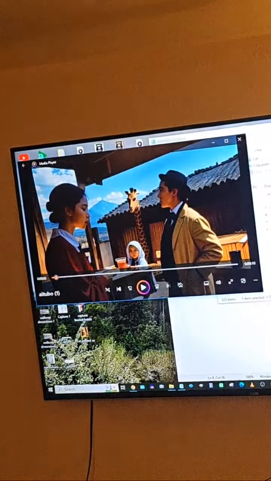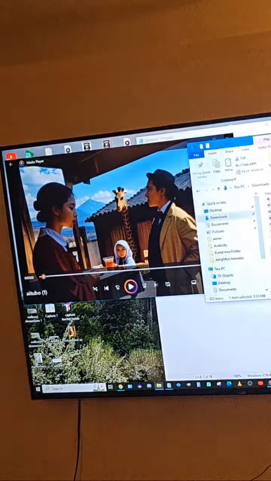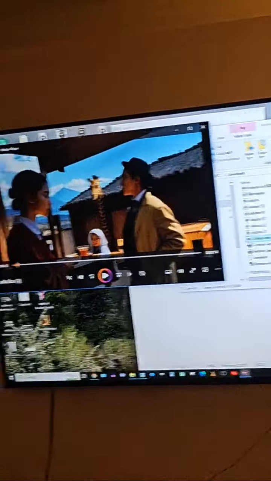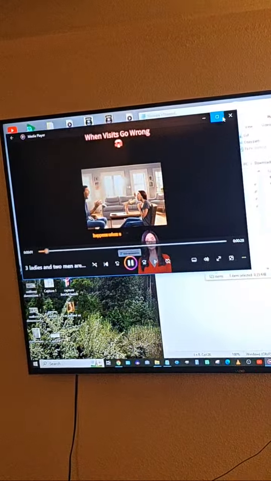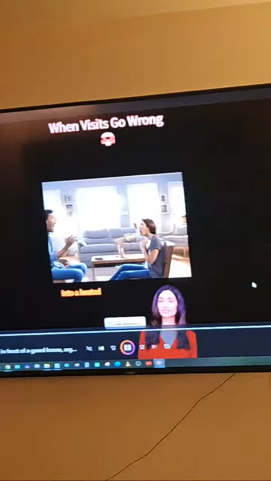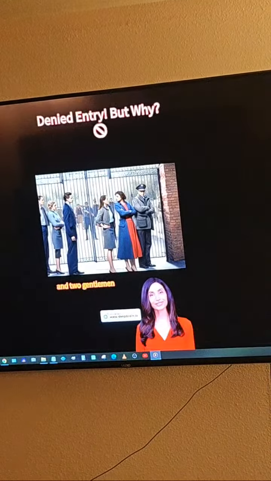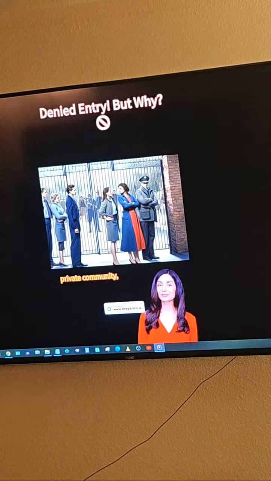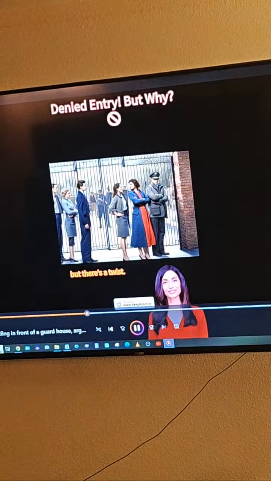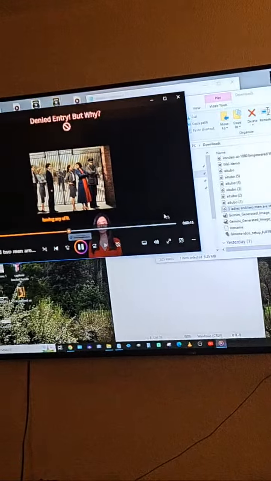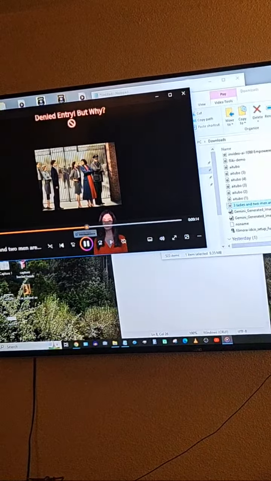I have this one. 3 ladies and 2 men are standing in front of a guard. All I put for the prompt of this one was: 3 ladies and 2 men are standing in front of a guard.